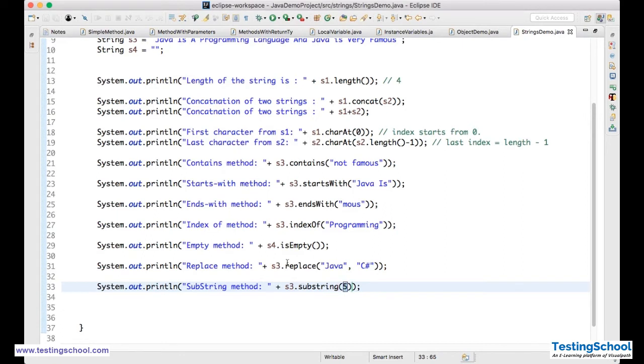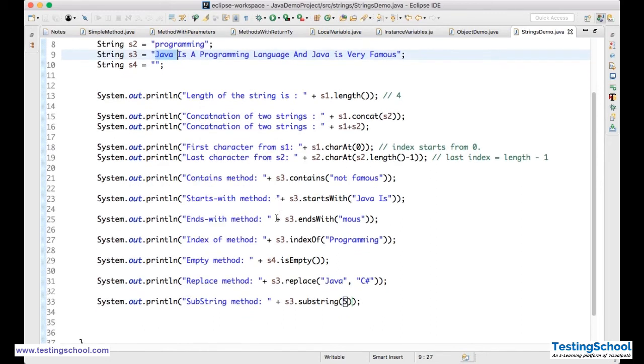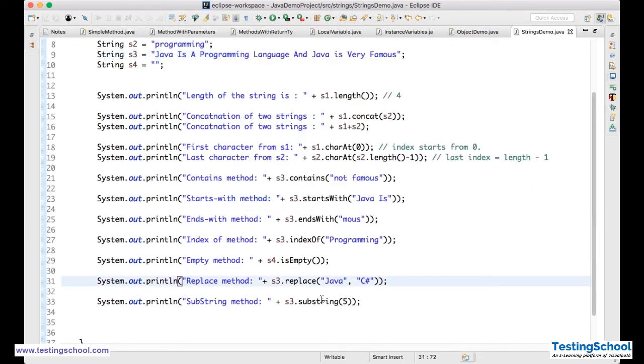So S3 is this one: 0, 1, 2, 3, 4, 5. Now it will give me "is a programming language and Java is very famous." It will skip Java and this space. When you run this, you see that "is a programming language and Java is very famous." So I want a substring starting from the 5th position. That is called substring.